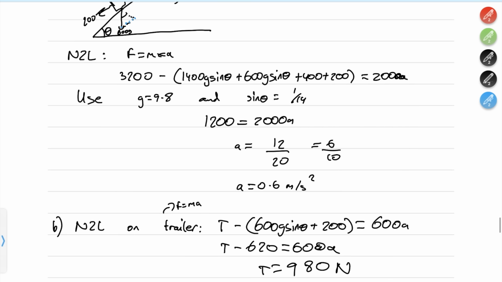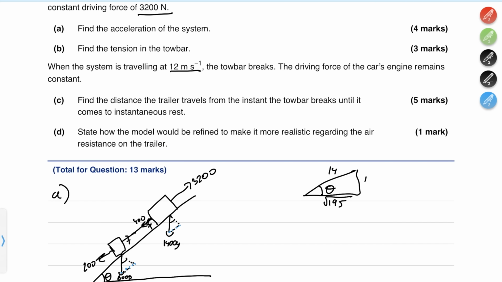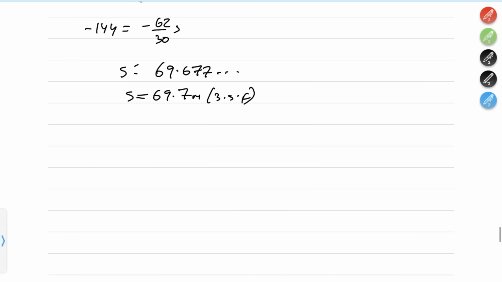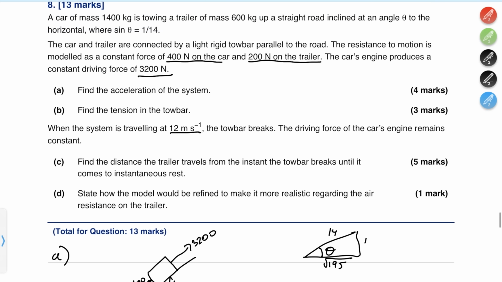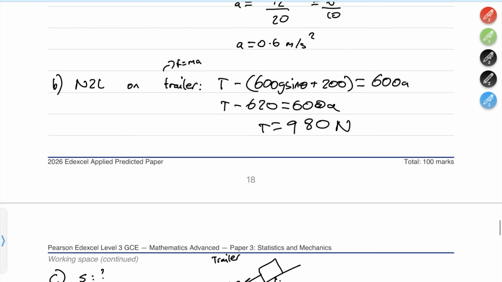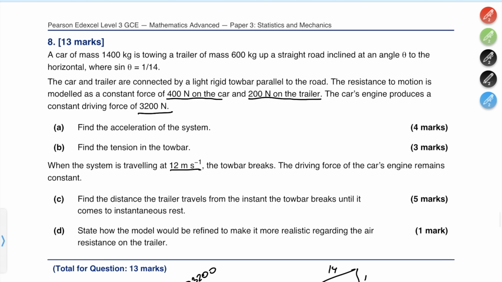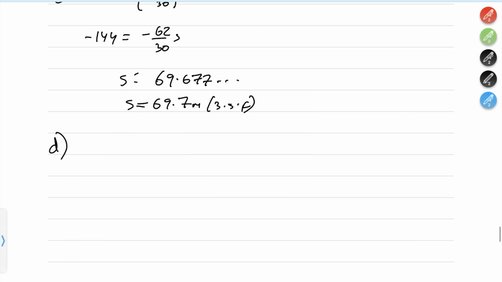I don't think it's specified an accuracy. Yeah, it doesn't. And for part D, they are now asking us to state how the model will be refined to make it more realistic regarding the air resistance on the trailer. Because they say the resistance to motion is modeled as 200 newtons, but in an actual scenario, we won't have constant resistance. So we should model the air resistance